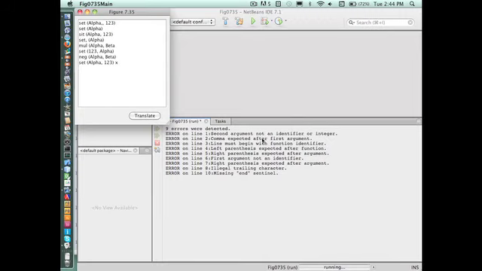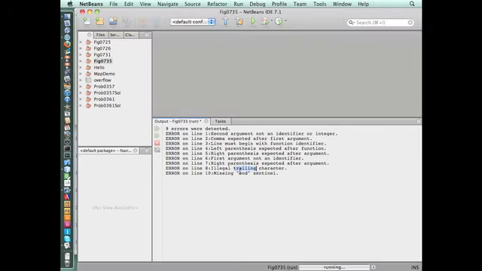So you see how these error messages read: second argument not an identifier or integer, comma expected after first argument, line must begin with the function identifier. Look how meaningful these are to the user. It doesn't just say syntax error. It tells the programmer what the error was. Right parenthesis expected after argument, first argument not an identifier, right parenthesis expected after argument, illegal trailing character. Oh wait, both of these had right parentheses. What about 7 and 9?